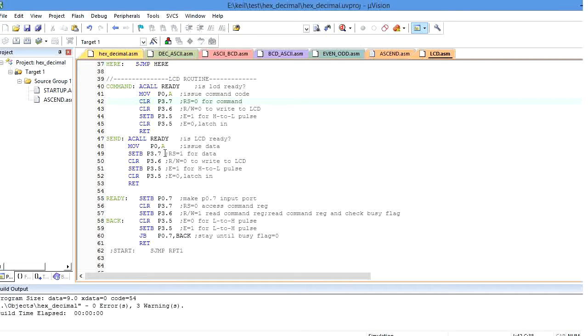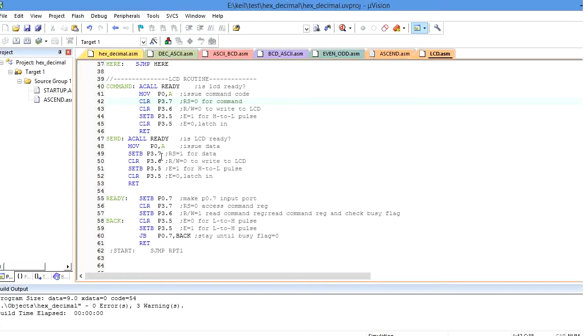After that I am making RS equal to 1, because I have two registers: one is called the command register, the other is called the data register. Whenever I make RS equal to 1, it selects the data register, so the data that the microcontroller transmits is stored into the data register, by writing the instruction setb port 3.7.